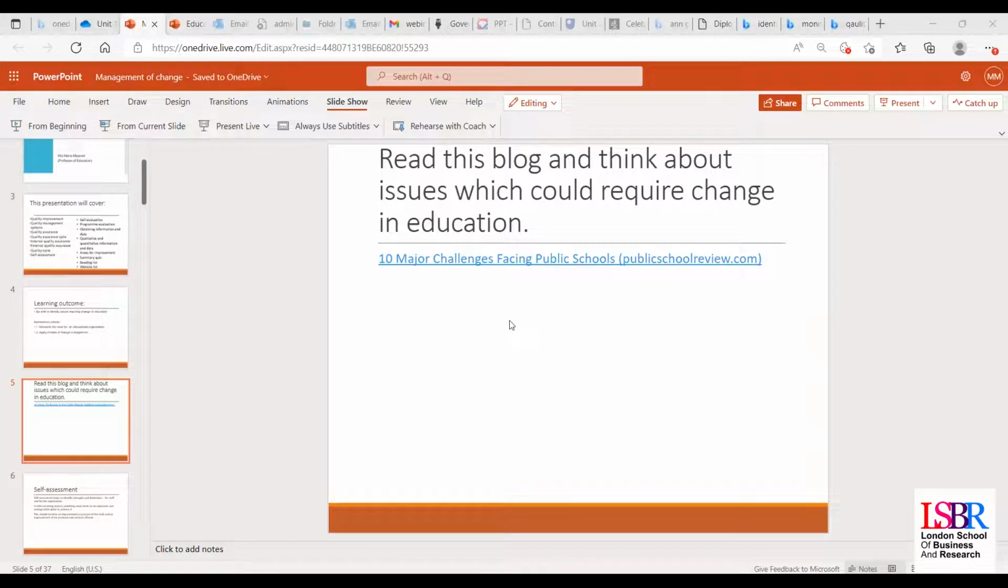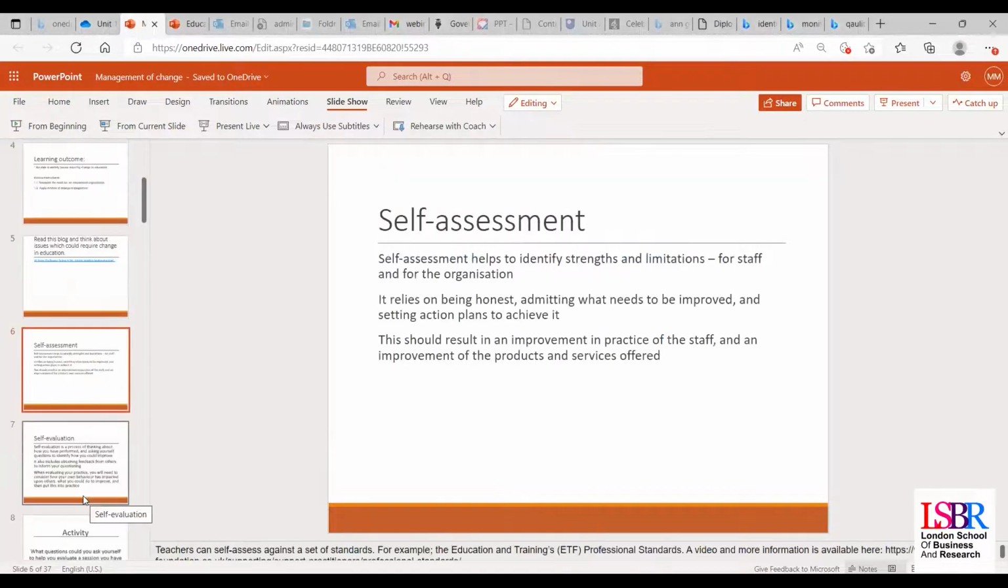Okay, so hopefully you had a chance to read through that. So when we're thinking about what could require change in education, we need to think about how we're going to know that. And a very useful tool to use when trying to think about what you need to change is self-assessment. Self-assessment helps to identify strengths and limitations, and that can be for staff and for the organization as a whole. So self-assessment relies on you being honest, admitting what needs to be improved, and setting action plans to achieve it. And that should result in an improvement in practice of the staff and an improvement of the products and services